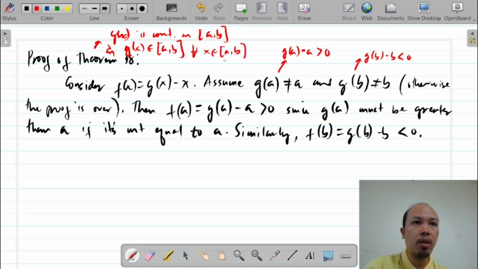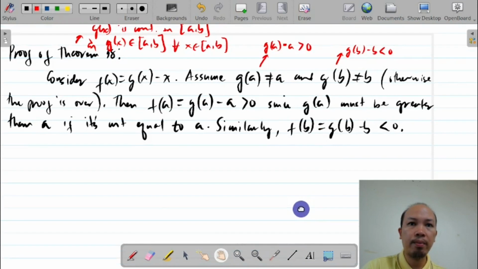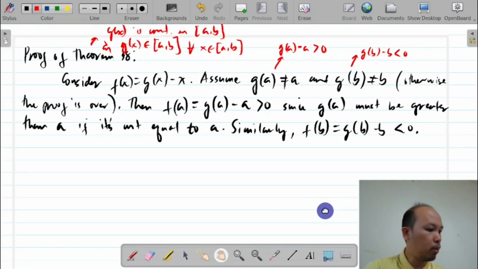Okay, for all x, this one is on the x-axis, this one is on the y-axis. So since f of a and f of b are in opposite directions, f of a is greater, this is positive, and this is negative, then what can we conclude? Then by the intermediate value theorem,